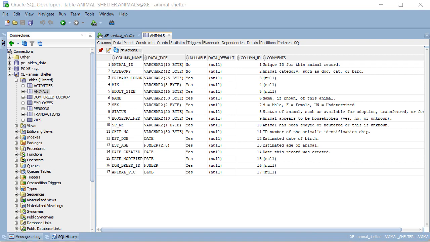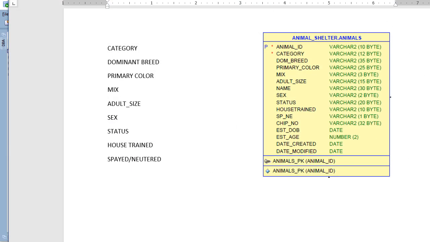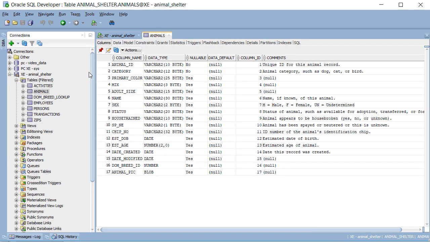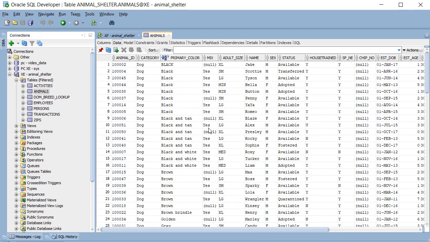I can also see that in a Word file where I have taken a picture of the data dictionary where I isolated the animals table. The decisions have to be made for category, dominant breed, primary color, mix, adult size, sex, status, house trained, spayed, neutered. To make a decision on what type of LOV, we'll look at the data itself. I can click on the Data tab and see the data,